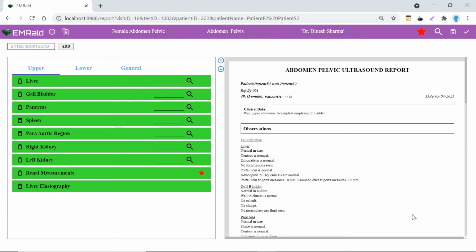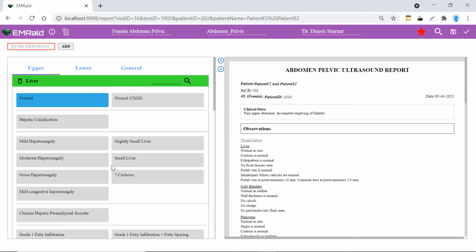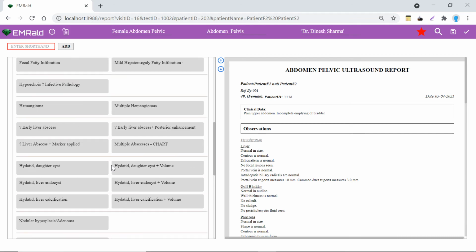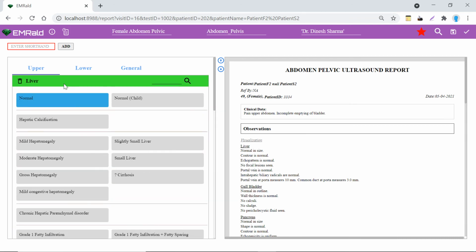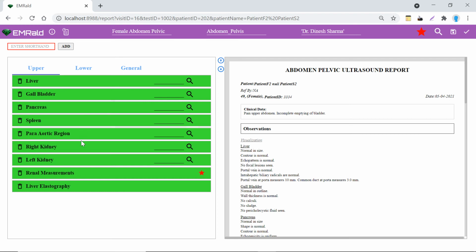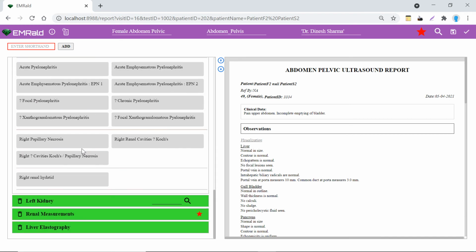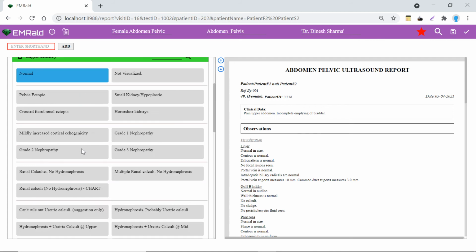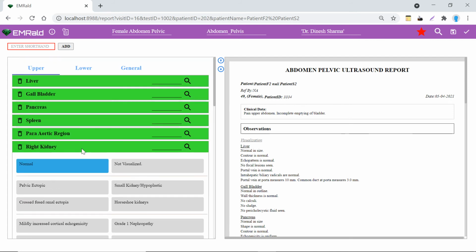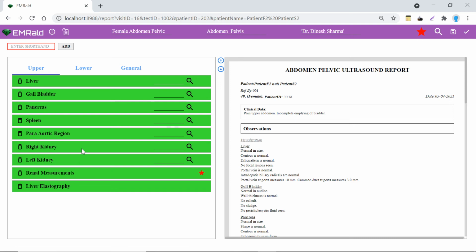Emerald templates are detailed and contain hundreds of diagnoses. For example, if you look at the liver, in this template, which is the abdominopelvic template, you will find that under liver there are several diagnoses listed. And this is true for every single organ. If you look at, for example, the kidneys, again you will find a host of conditions that can occur in various patients, and all of this comes in very handy when radiologists are dealing with not only the frequently occurring conditions but also the rare and very rare conditions.